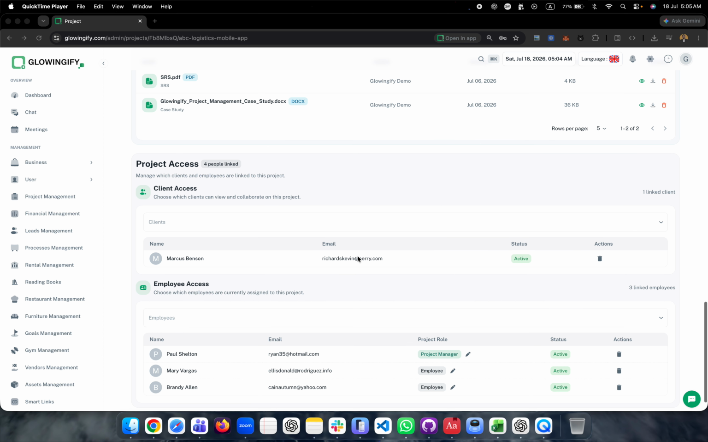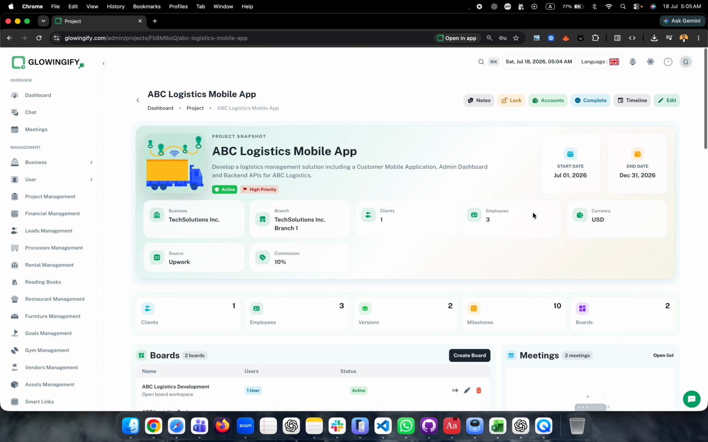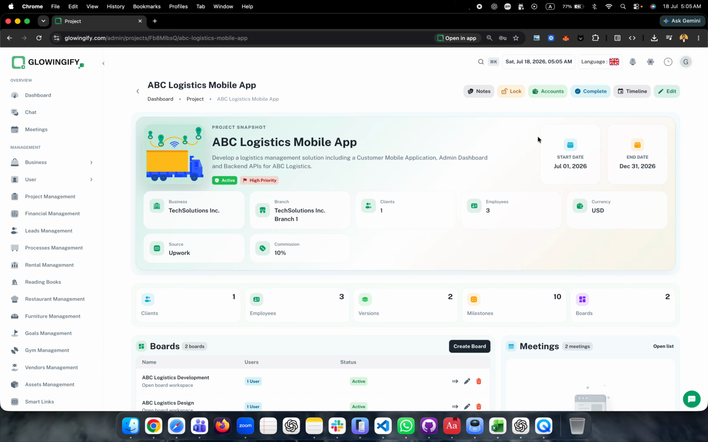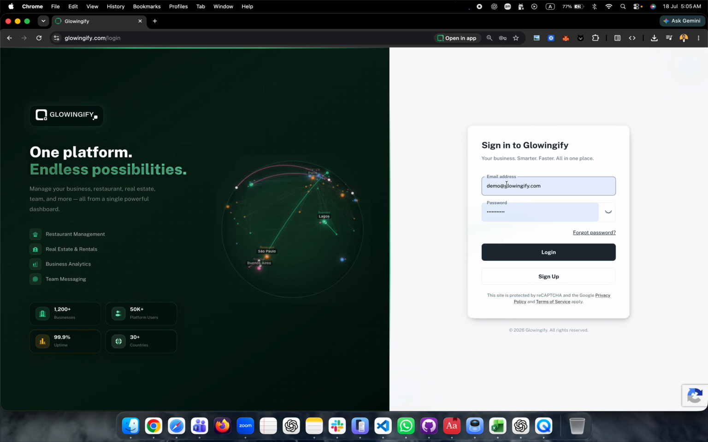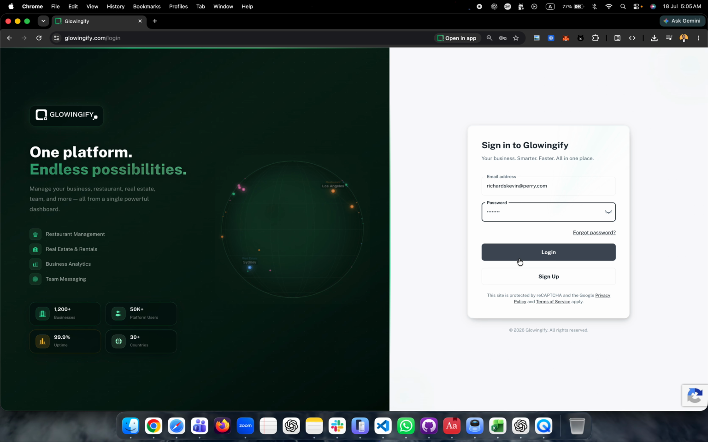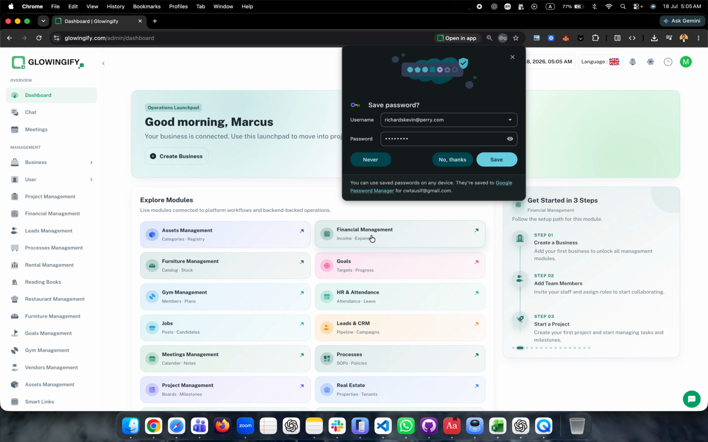So first of all, let's try with this user, which is basically our client. I will log this out, go back to login, and put in its password. I am logging in as a client now. So once I am logged in,